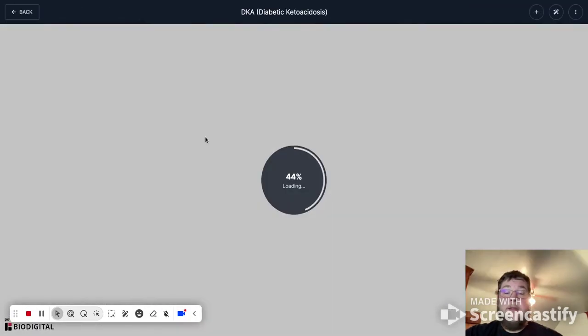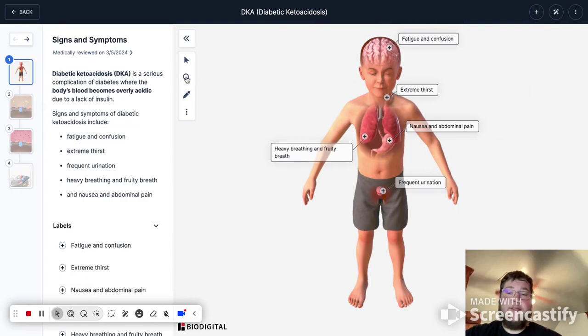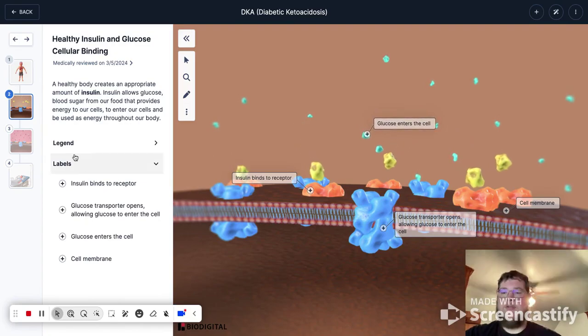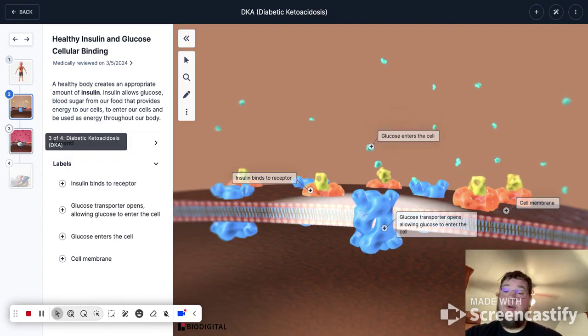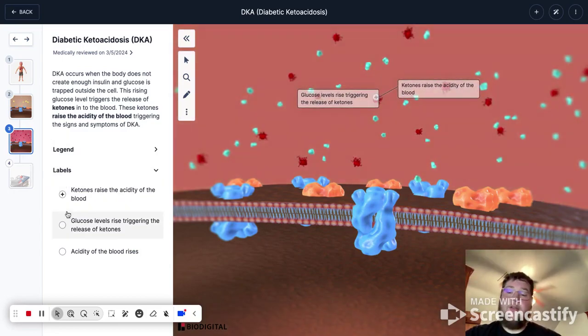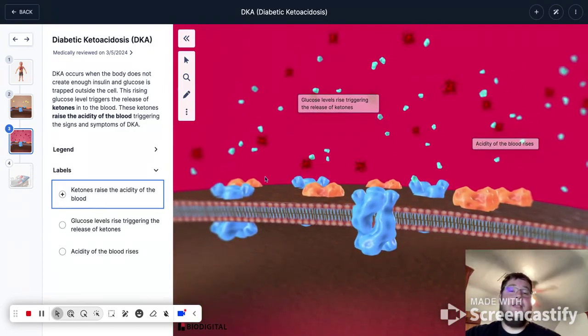We can look at diabetic ketoacidosis. That's a really bad diabetic stage, and it shows what each step of that is. So it goes here. This is what happens whenever your insulin's not working correctly. What that means is that your ketones are rising and all this. And again, it shows you that labeling in there. So I think this is a really cool and neat tool for my anatomy kids. And I'm really looking forward to seeing their input and seeing if